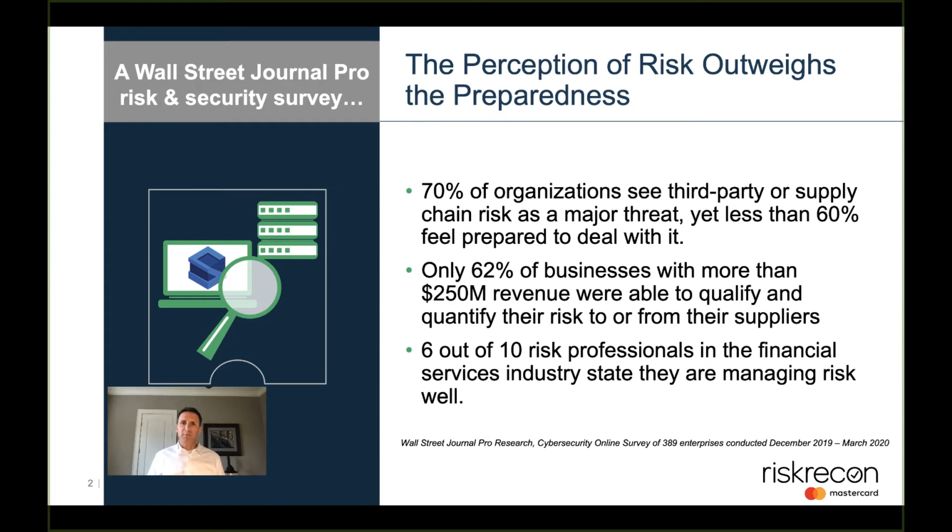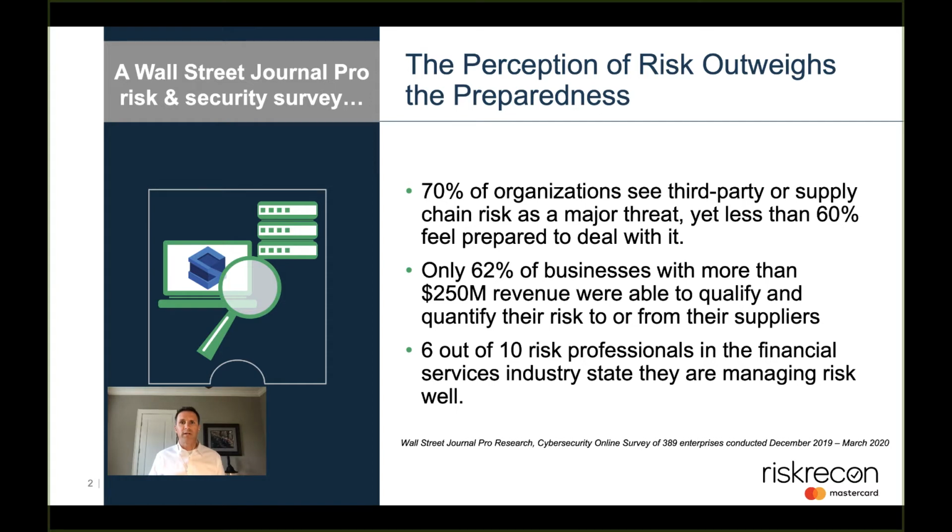The reality is that the perception of risk for most organizations outweighs their preparedness to deal with that risk. A recent Wall Street Journal Pro survey indicates that 70% of organizations see third-party or supply chain risk as a major threat, yet less than 60% feel prepared to deal with it. In addition, 6 out of 10 risk professionals in the financial services industry state that they're managing risk well. Obviously, that indicates that almost half of risk professionals in the financial services industry realize they're not doing a great